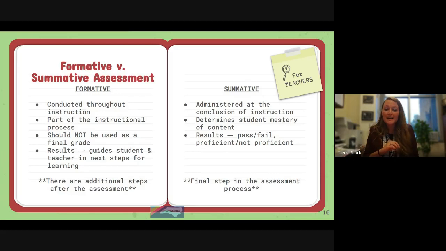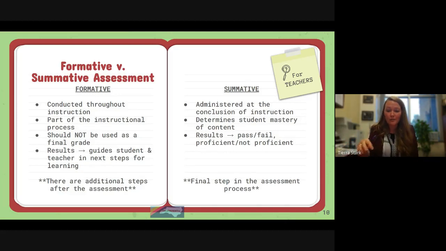And it's not something that should be used for a final grade. A formative assessment, again, is for learning, not of learning. So it shouldn't be for a final grade. And then the results help guide you as the instructor in the next steps. Maybe through a formative assessment, you realize, wow, this lesson's pacing a lot quicker than I thought it was. I can go ahead and get into more content, or I can go ahead and help the students apply the